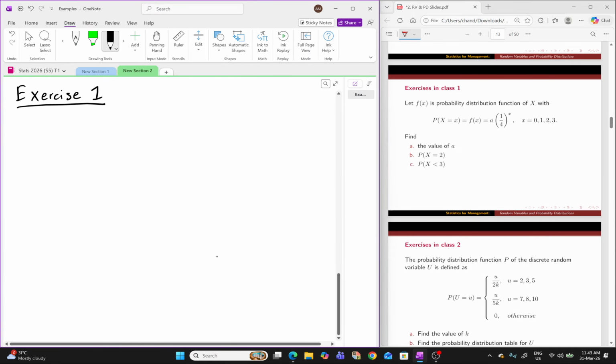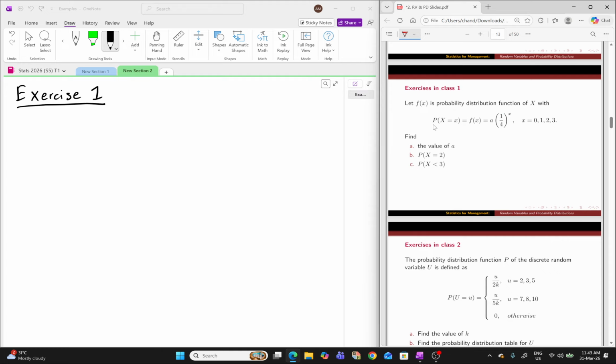Exercise 1. Let f(x) be a probability distribution function. As I told you, we can write it like this. Find the value of a. So first of all,